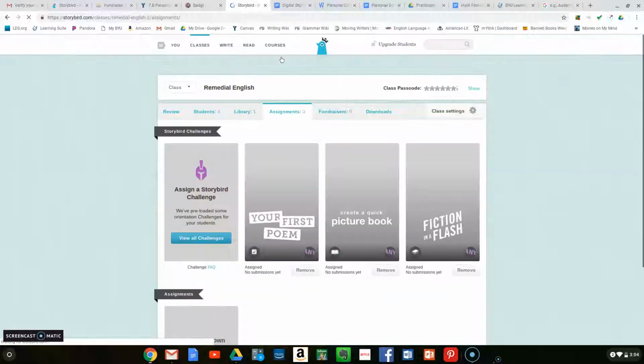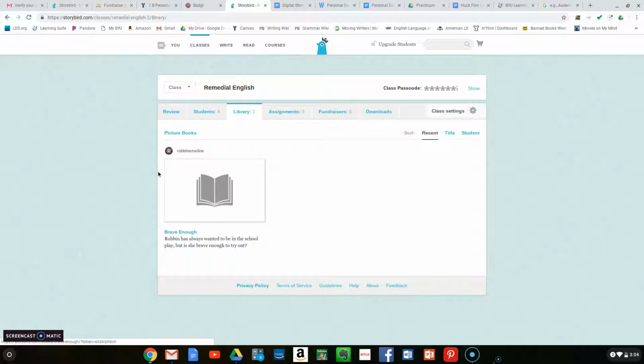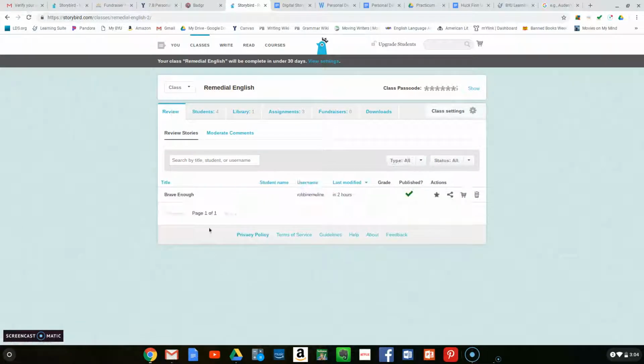And here I can make assignments for my students. I have the library where it shows everyone in the class that has written. And then here's the roster, and then back to the home page, and it'll have the books and everything. So that is my